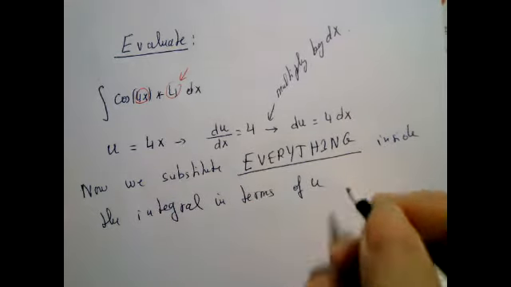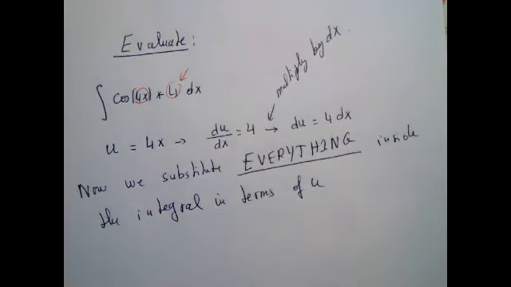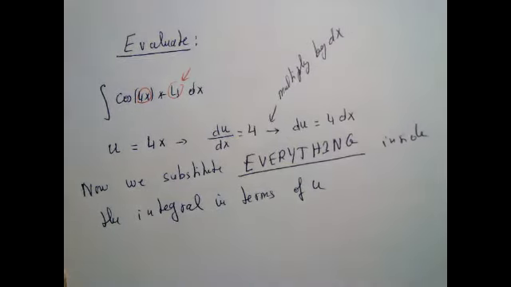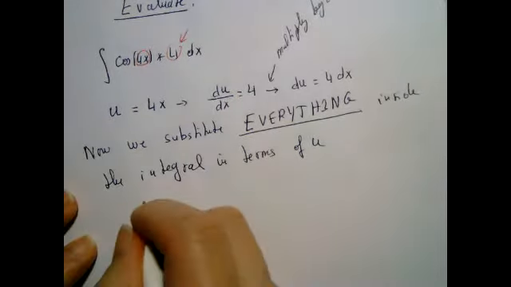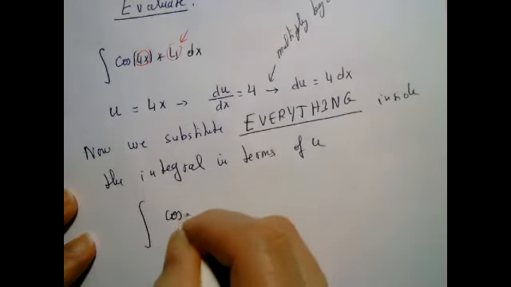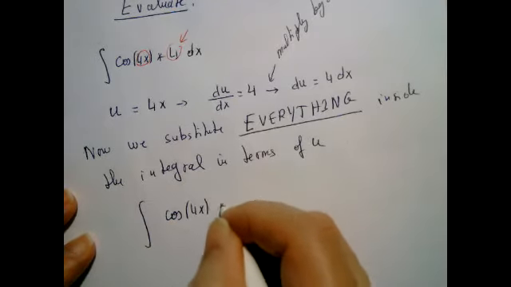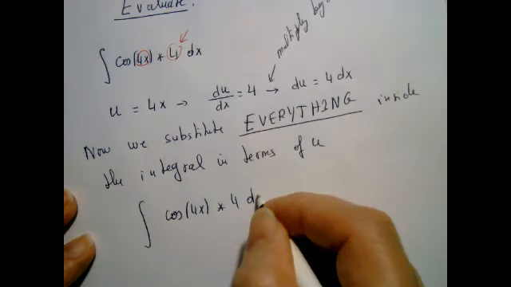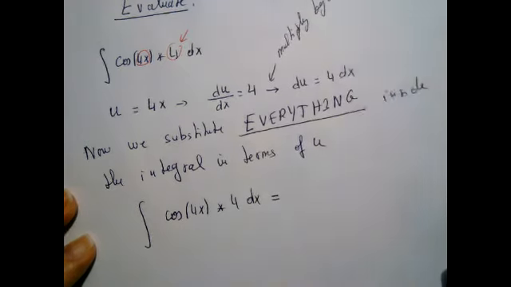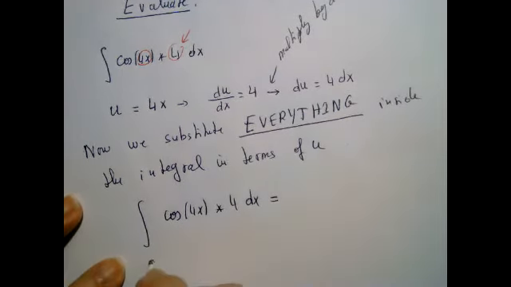The first problem, I do in a lot of detail. Everything. And when I say everything, I really mean everything. So let's see what I'm talking about. So, integral of cosine 4x times 4 dx is equal to everything, and I mean it, everything, equal to